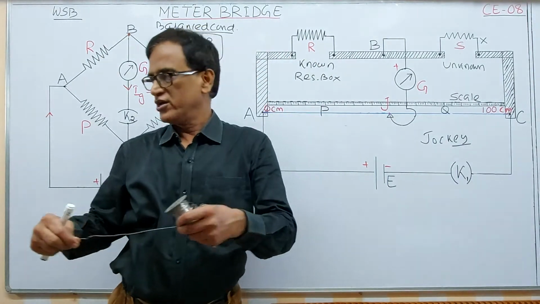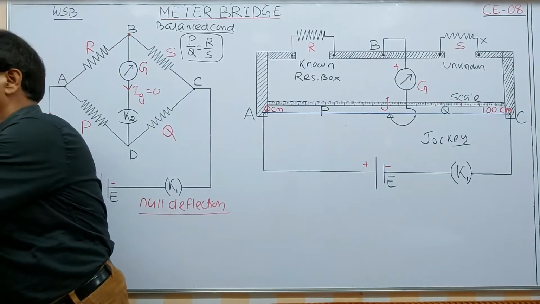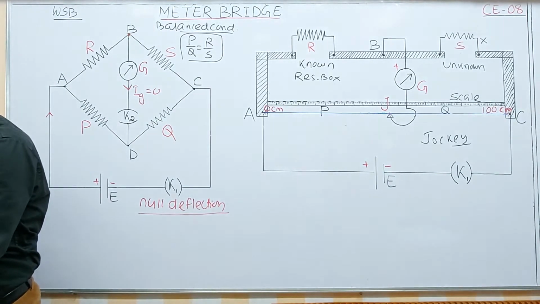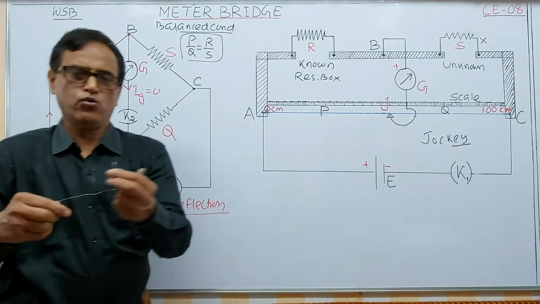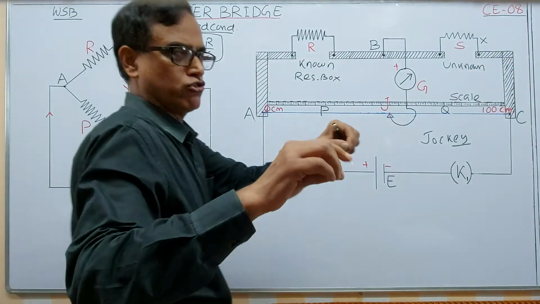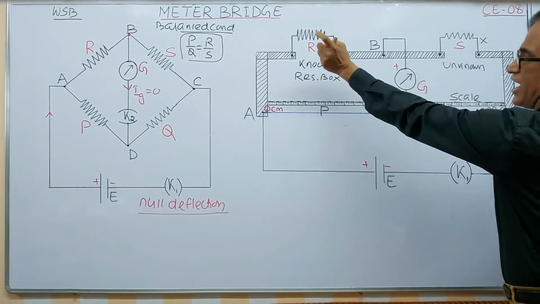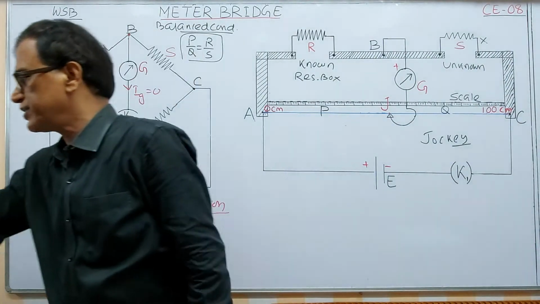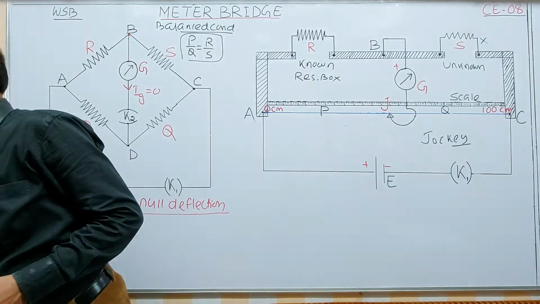That is wrong. Now in the practical what you have to do, just a minute, you will be given a wire of certain length, and a wire of certain length in the practical will be given, and this unknown resistance will be connected here. Known resistance will be connected here. R is known, X is unknown. You have to determine the resistance of that wire only, nothing else. Remember, you have to calculate the resistance of that wire.